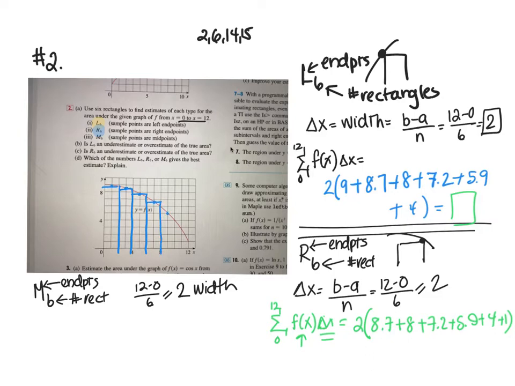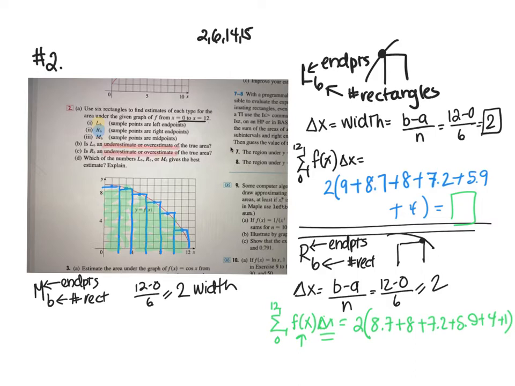8 to 10, which means I want the height at 9. And between 10 and 12, it means I want the height at 11. And I'm going to do the same exact thing I did before, which is find the width, which is 2 times those heights. And I'm going to add them all together. Okay, to talk about under or over estimates,